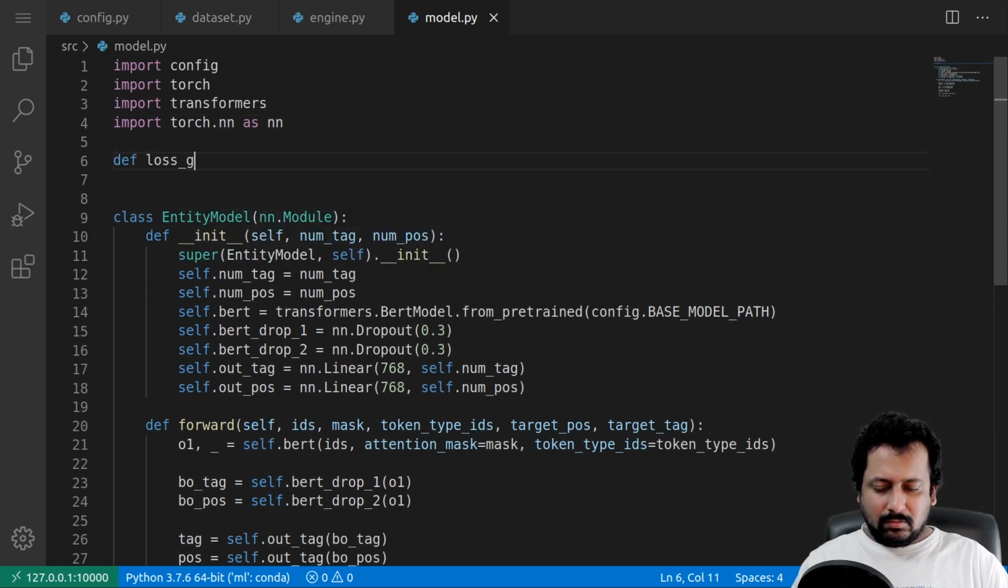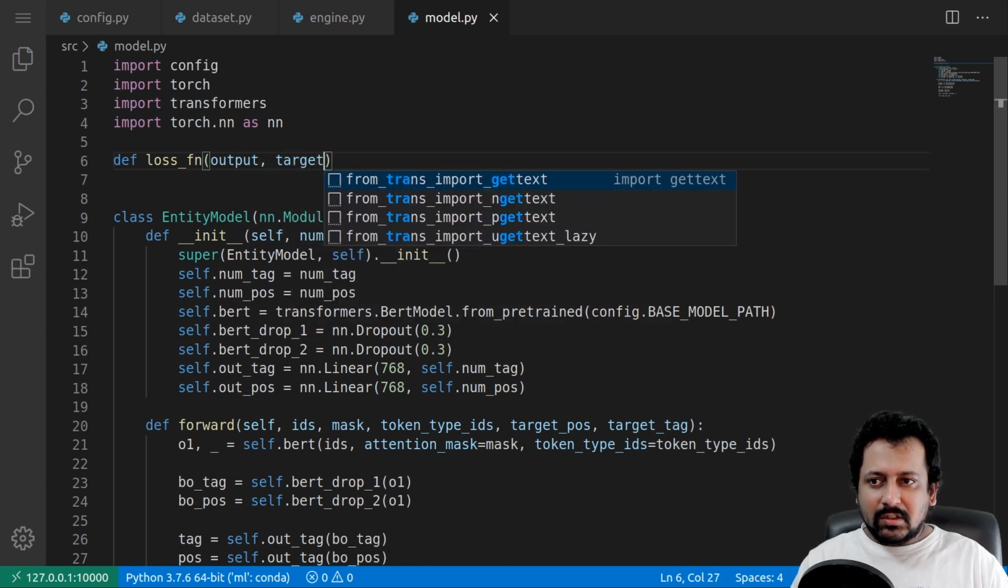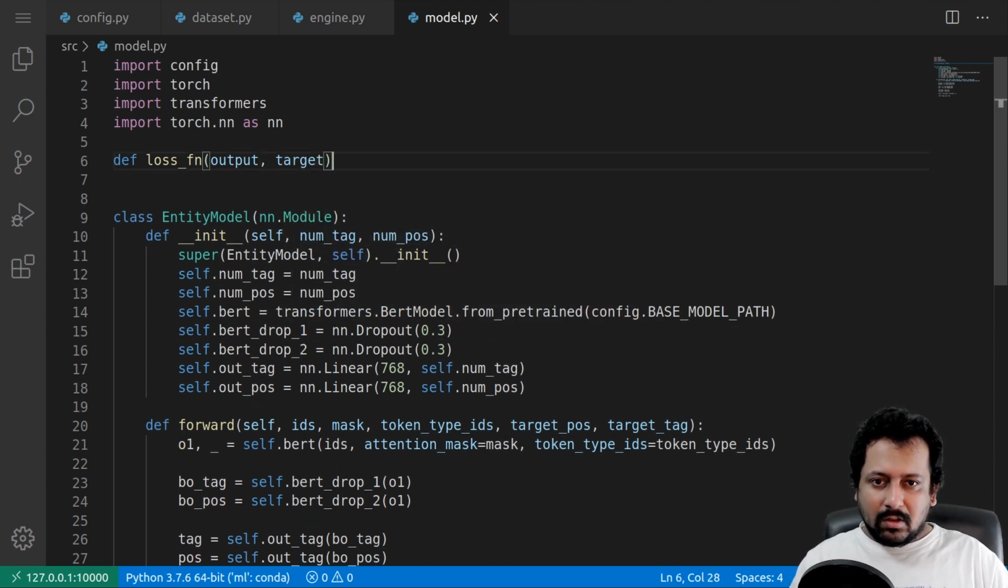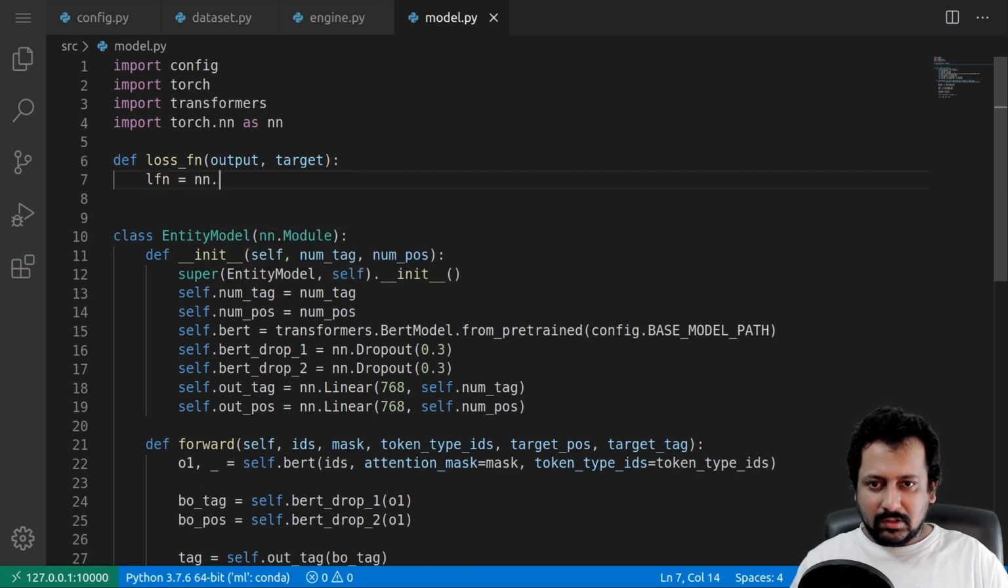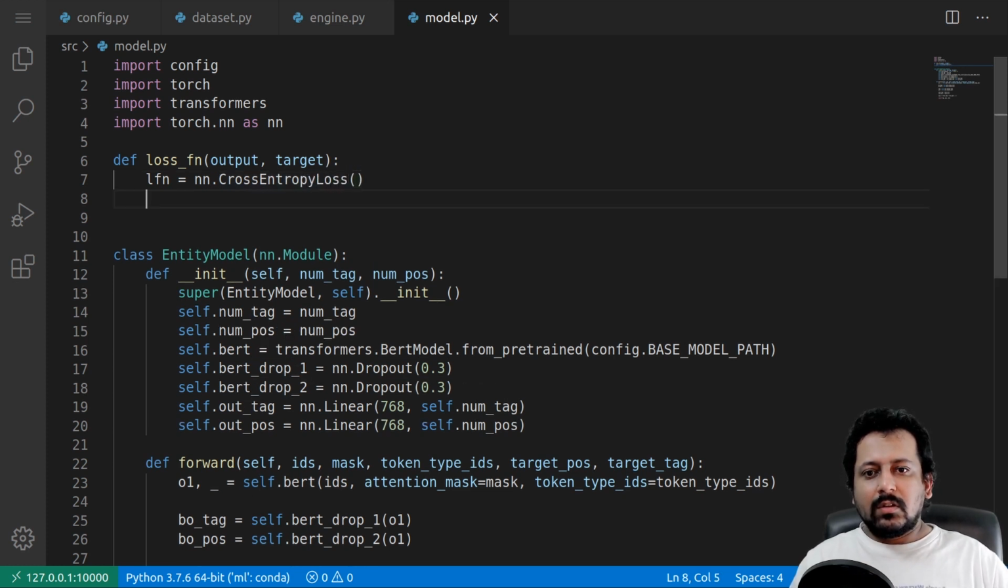Loss function. So we will be calculating cross entropy loss, because you're predicting different tags, right? It's like a classification problem. So it should take an output, it should take a target, right? And here you can define, let's say loss function is nn.CrossEntropyLoss. Okay,